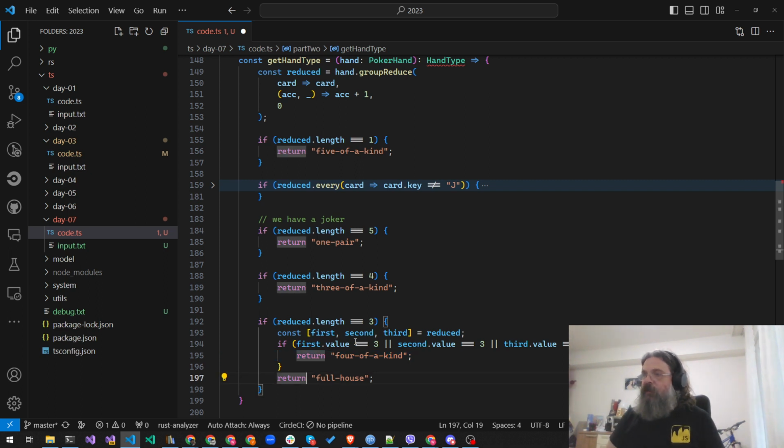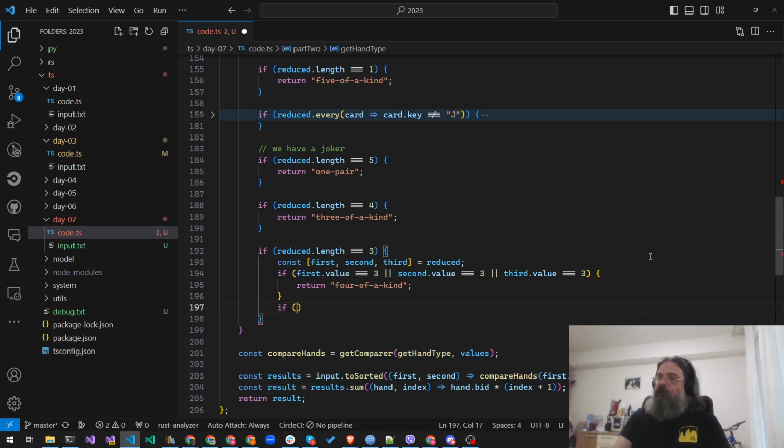This line is not, however, because this is the other case, and the other case is 1, 2, 2. So if we have 2 cards that are not jokers and another 2 cards that are not jokers and a joker, that's a full house. But if we have 2 cards and 2 jokers and the 5th card, sure, we can map it to a full house, but we can also map it to a 4 of a kind, which is better. So it means that we need to say, if